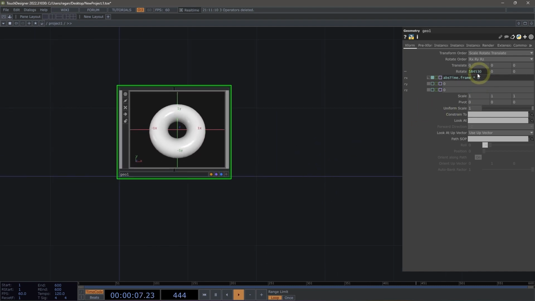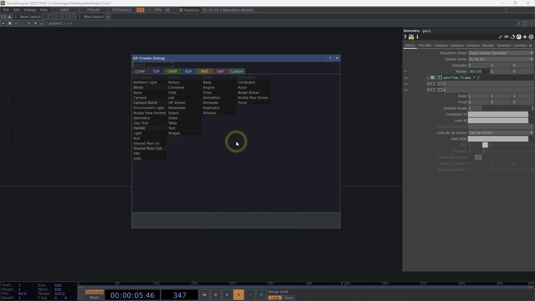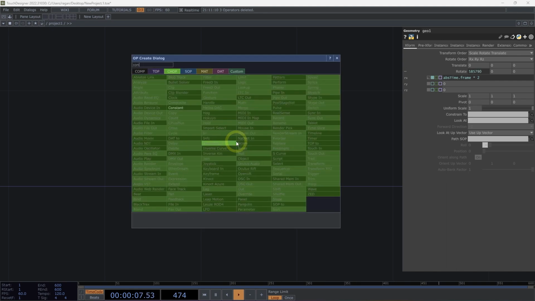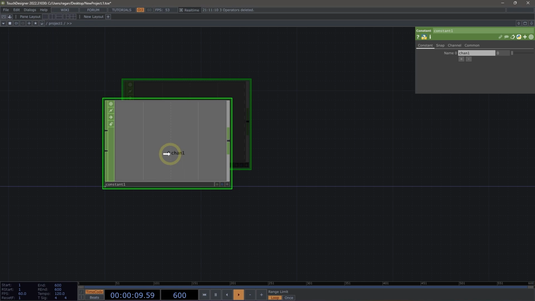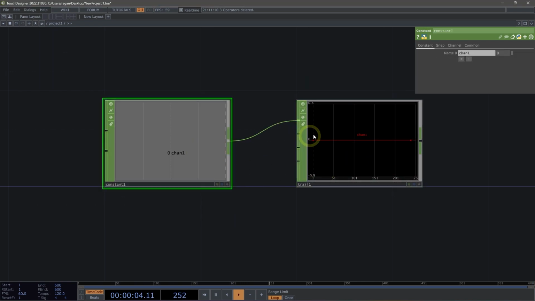Now, this is great, but this value will count up forever. It's going to keep going no matter what. If we wanted a value that, say, reset at a specific interval, we might use modulus. So let's add a constant chop here into our network, and let's connect a trail chop to this just so we can better see how this works. Here in our constant chop, let's open up our parameter, and here in value 0, we're going to write the expression